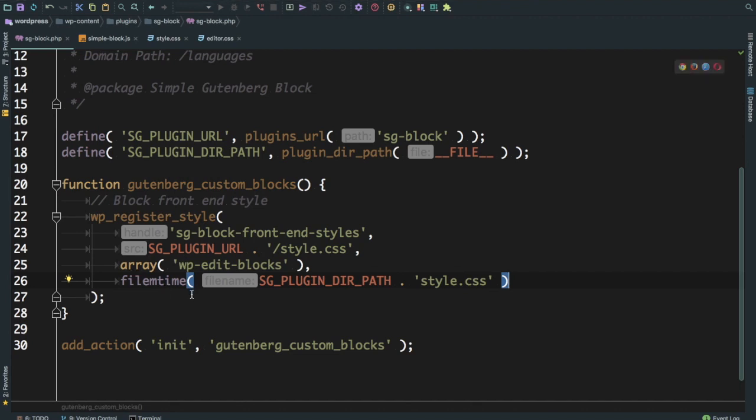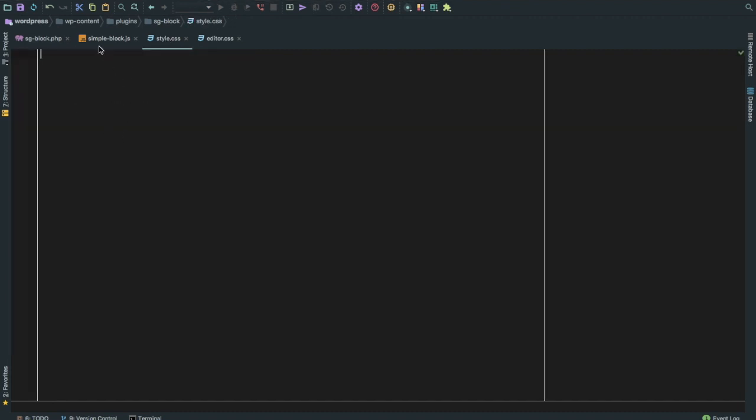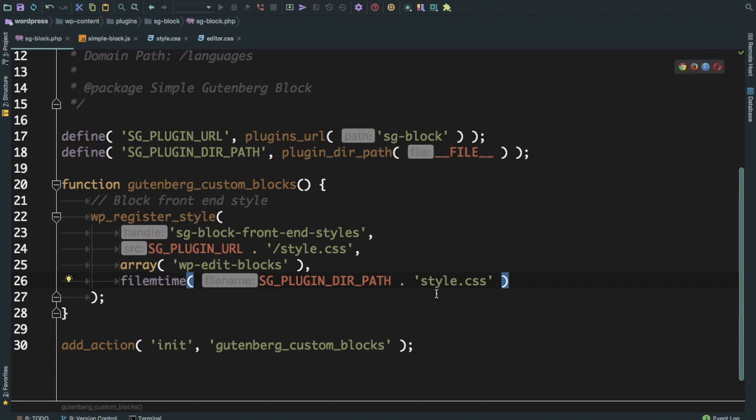So what this is going to do is give me a timestamp every time you make changes in the files. If you change anything here, then it will return a new timestamp, and that timestamp will definitely be unique each time, and it'll be the version number. So because the version number will change, it will reload the style file. Okay. Similarly, we'll do that for the